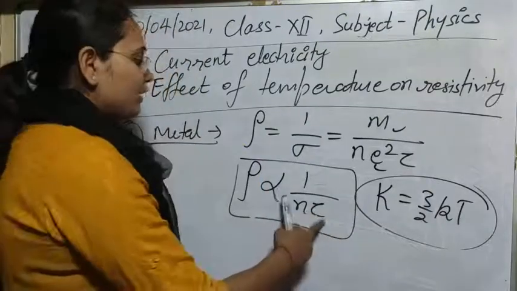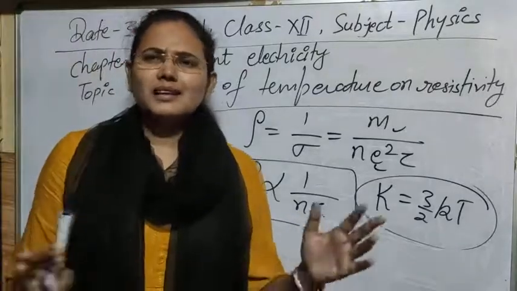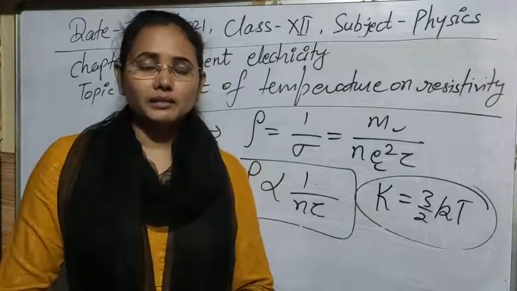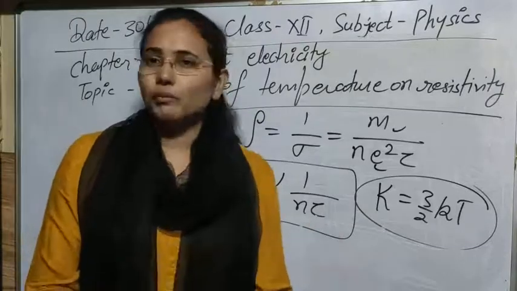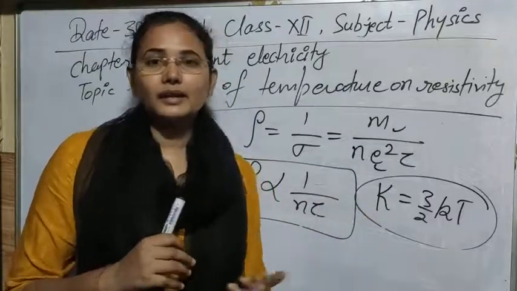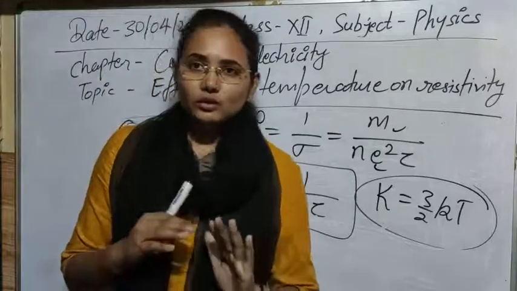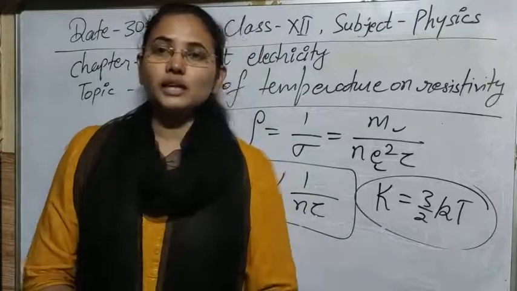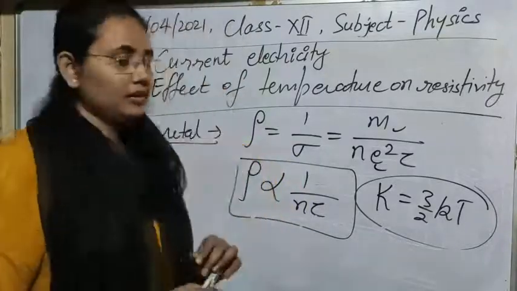So as this factor tau is decreasing, and as I already told you, in a conductor we have a large amount of charge carriers, a large amount of electrons. So basically they are not using the thermal energy to break more covalent bonds because they don't need it. So they use it to increase their kinetic energy. And why are they not doing so? Because the electrons there are in the innermost orbit, and we need to supply more energy to release them. That's why they use that energy to increase the kinetic energy.